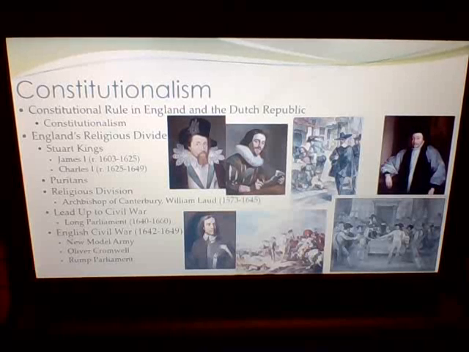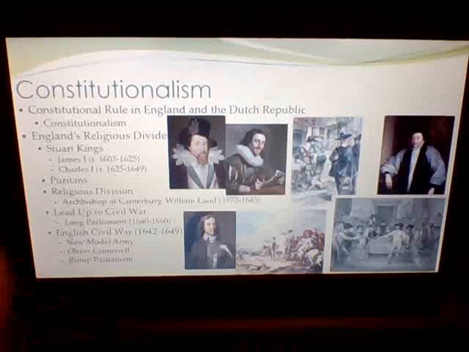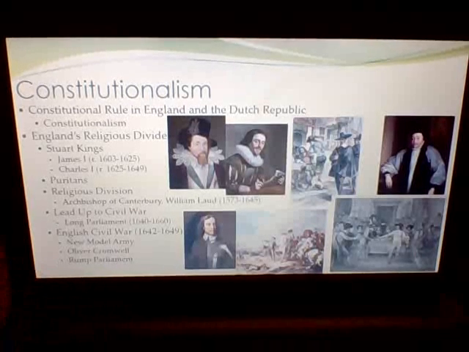These governments have a constitution, whether it's written or not written. So England famously has several documents that make up their constitution, but they don't actually have one document like the United States has. Their constitution involves the Magna Carta and several other decisions and documents throughout time over hundreds of years. It's not just one document like ours is.